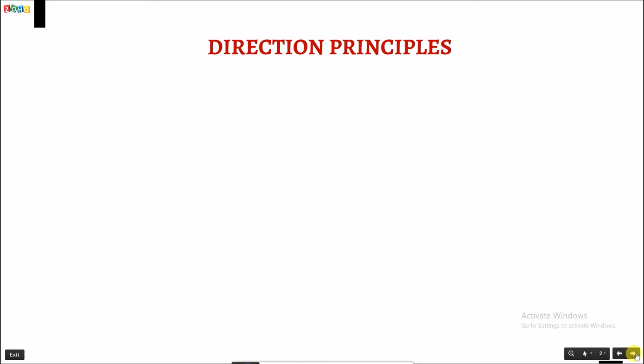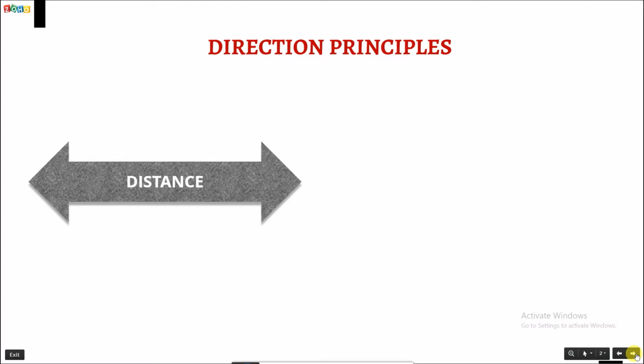First principle is distance. Distance is the total movement of an object without any regard to direction. We can define distance as how much ground an object has covered, from its starting point to its ending point.